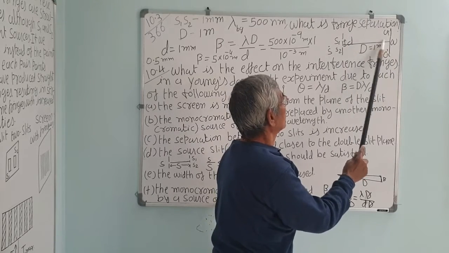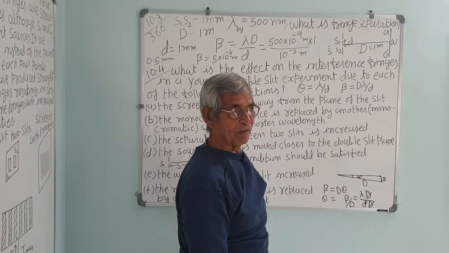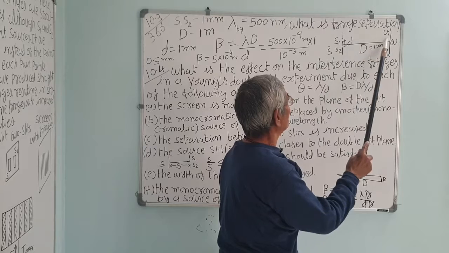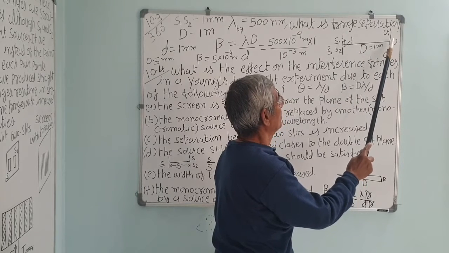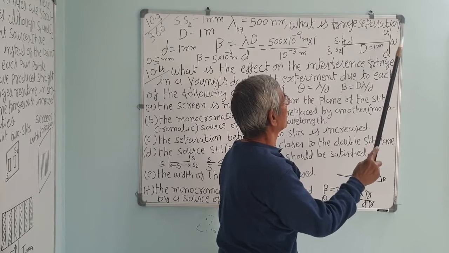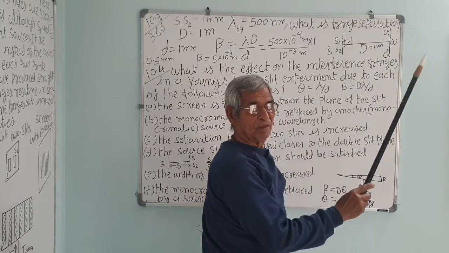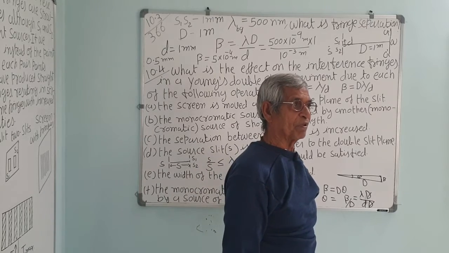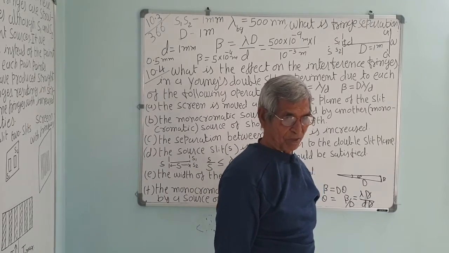All colors combined make a white ray. You know the white color is composed of 7 different colors. So when 7 different colors meet, they produce a white fringe. Here you will first get the violet, smaller, 400 lambda, then 750 or 800 lambda for the red. So then after that, red, second.